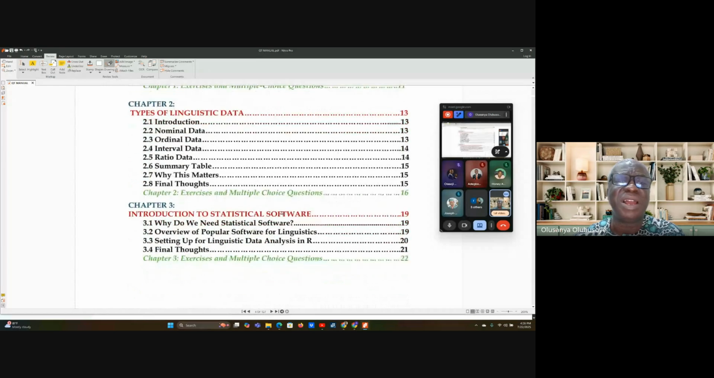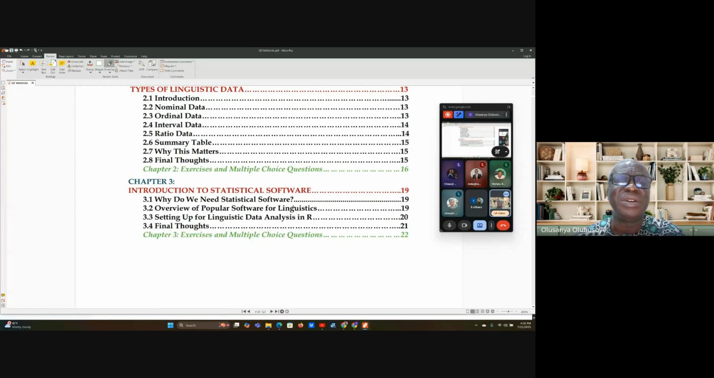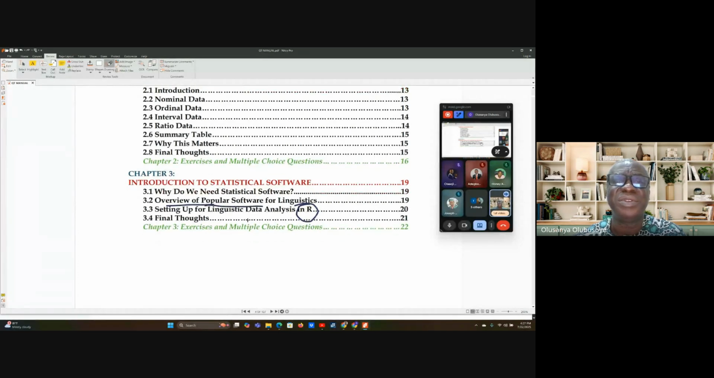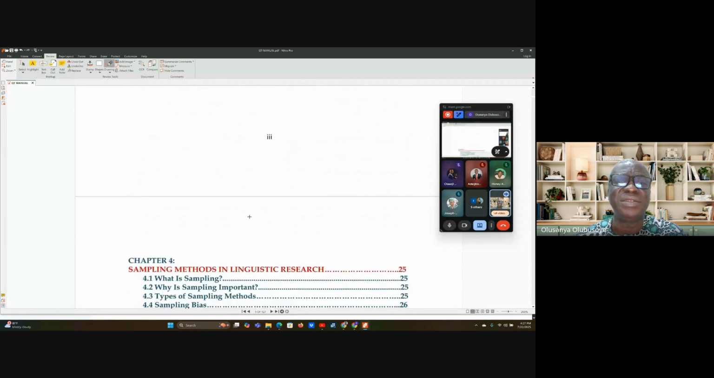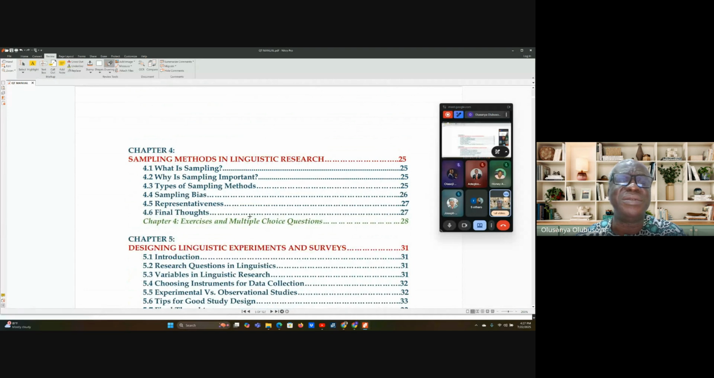So thereafter, we move to introduce you to the software that we will need for this course, that is the R package. So we will have an overview of that package and how to navigate the R Studio interface. So those are preliminary things, before we now dive into